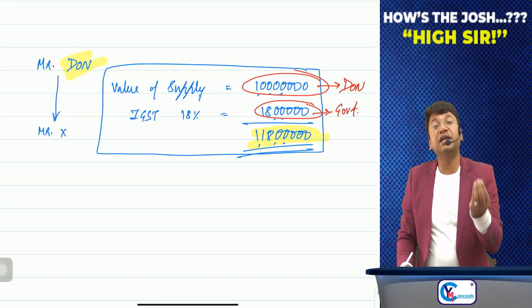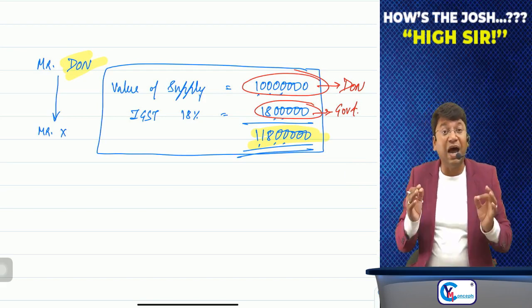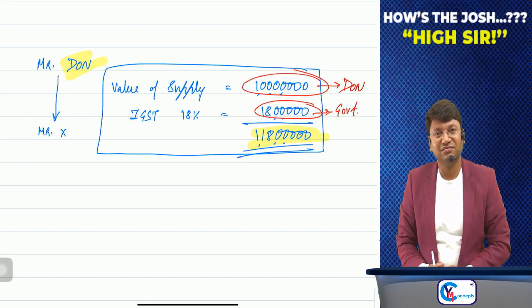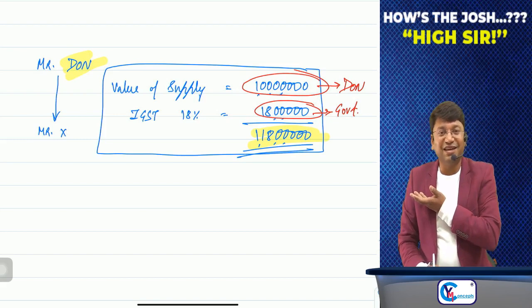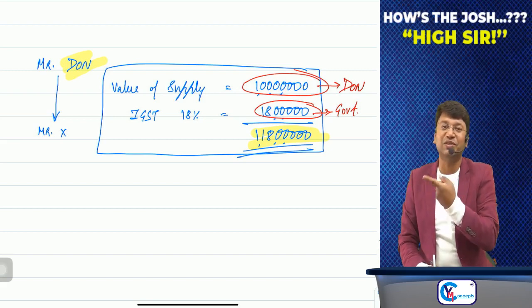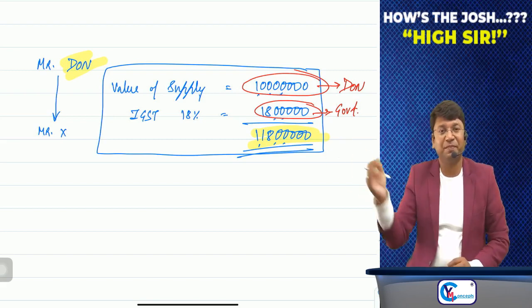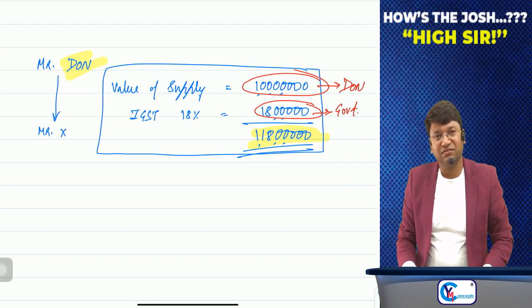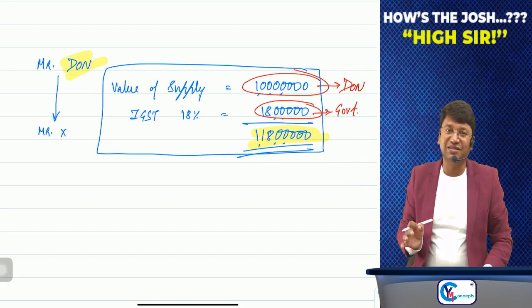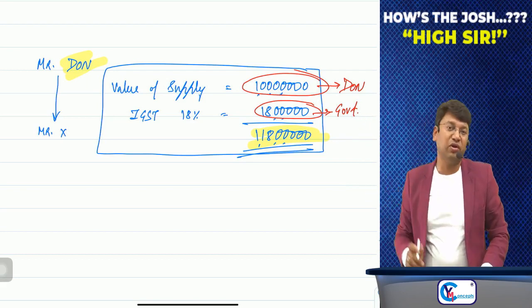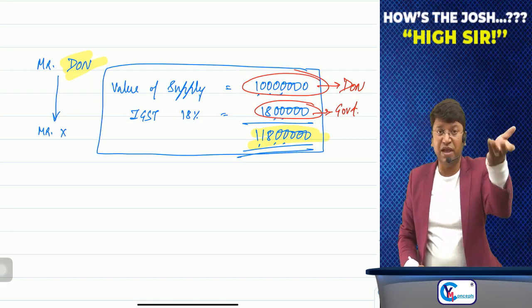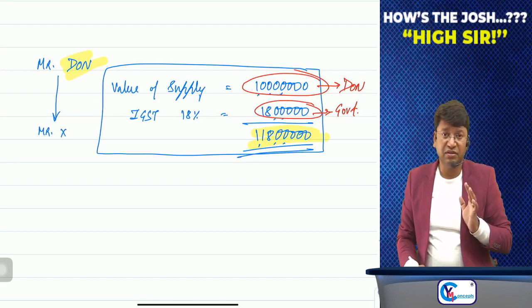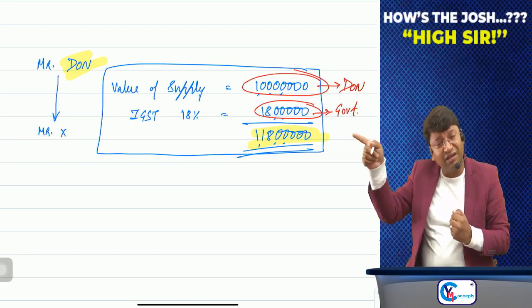Another example I can take is the recovery agent of the banking companies. Vasuli Bhai, Gunda. Sir, recovery agents of the banking company. If any person is not paying the money to the bank, then the bank appoints a recovery agent, Vasuli Bhai, to recover the amount from that defaulter. The recovery agent recovers the amount from the defaulter borrower, and in return he gets some commission from the bank. He is providing his services to the bank. That's why he is charging some fees. Sir, the recovery agent is recovering the money from the defaulters.